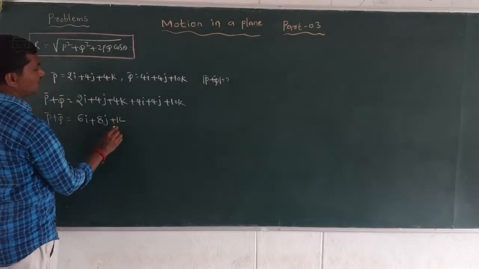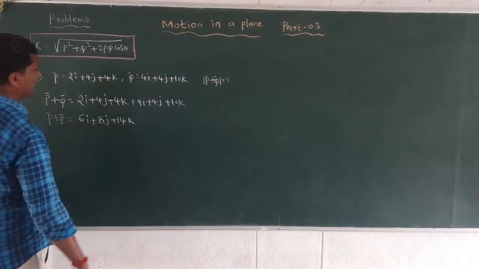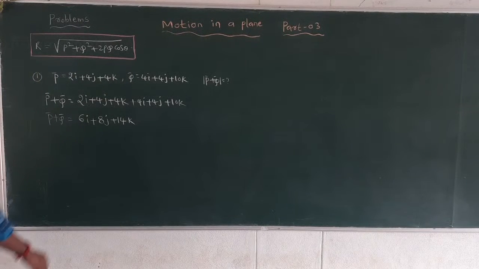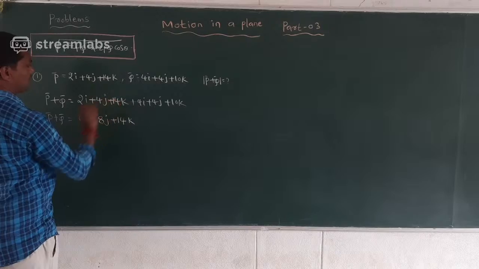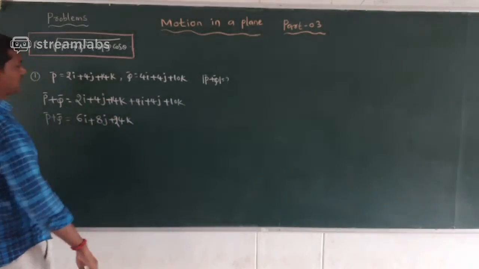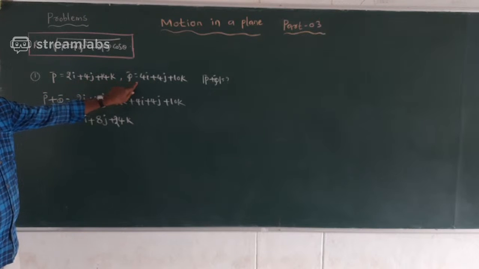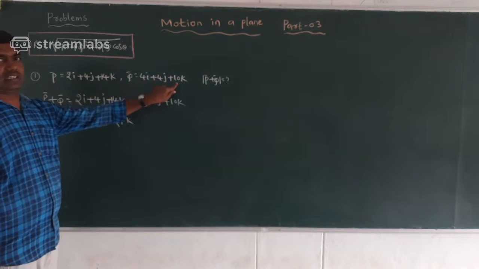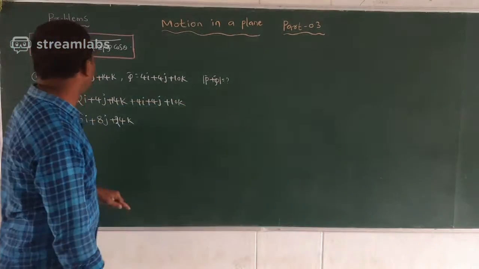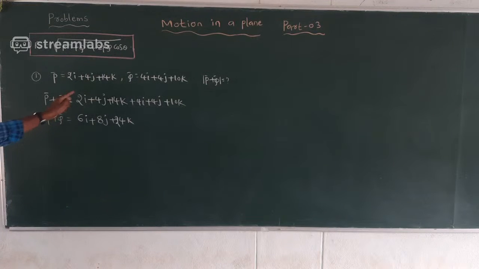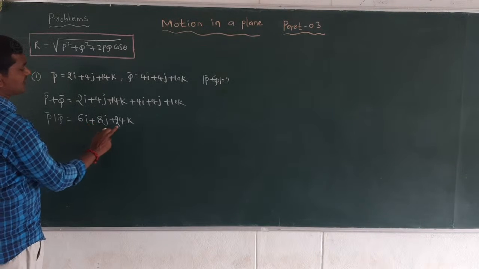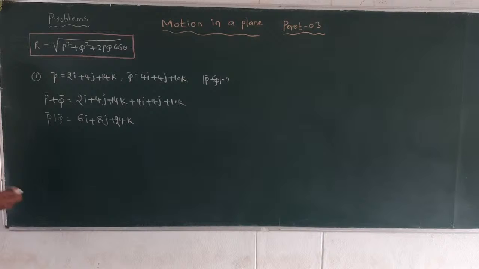we can write 14k. So P vector is 2i plus 4j plus 4k and Q vector is 4i plus 4j plus 10k. Then find the magnitude of P plus Q. We can add the two vectors and the final vector P plus Q is equal to 6i plus 8j plus 14k. Next we will take the mod of P bar plus Q